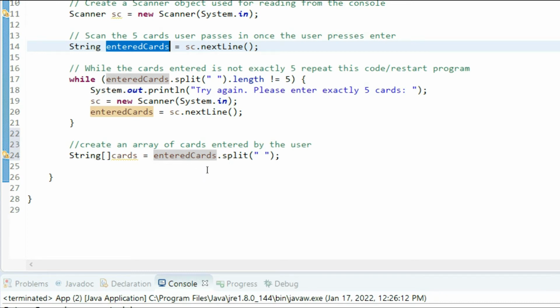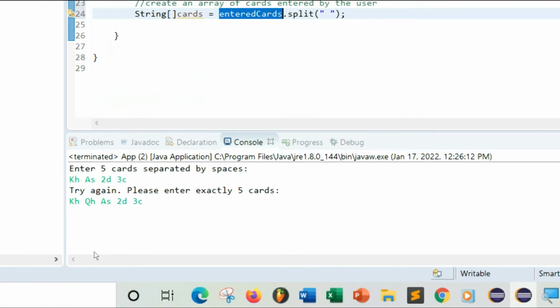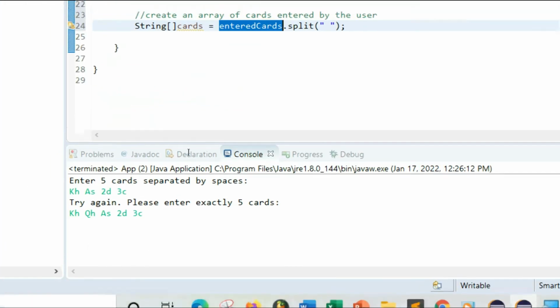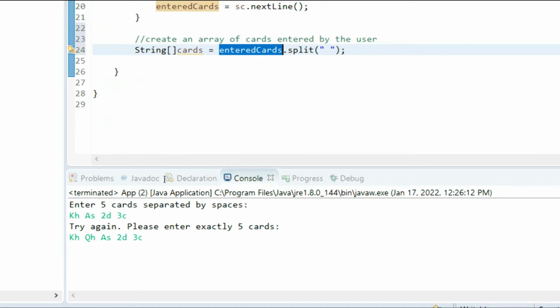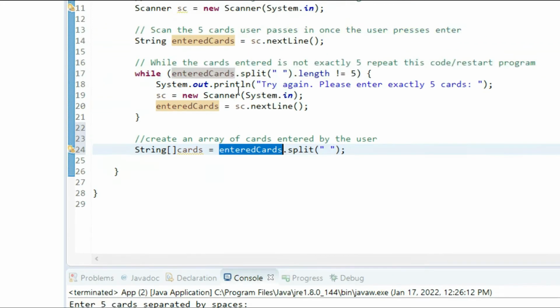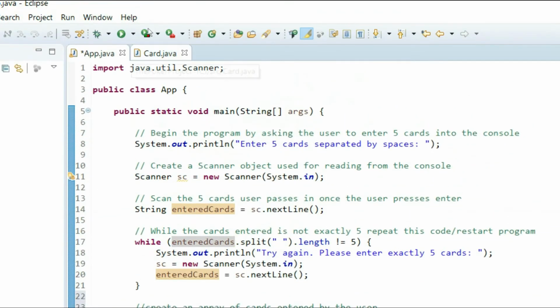This array is going to be populated based on these spaces. So every space between here is going to be added to this card array. All right, so before we move on, we're going to go into our Card.java